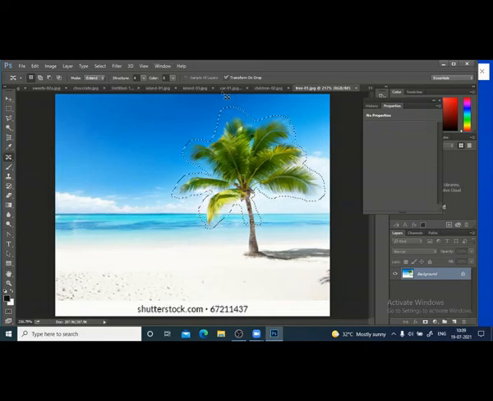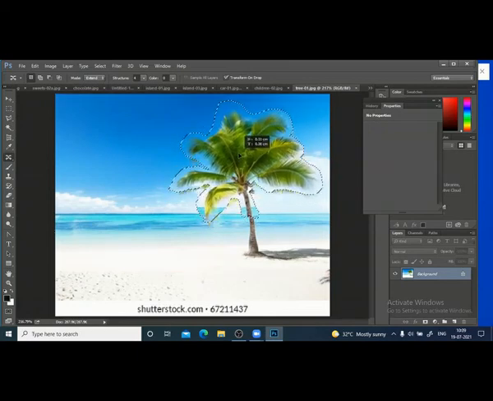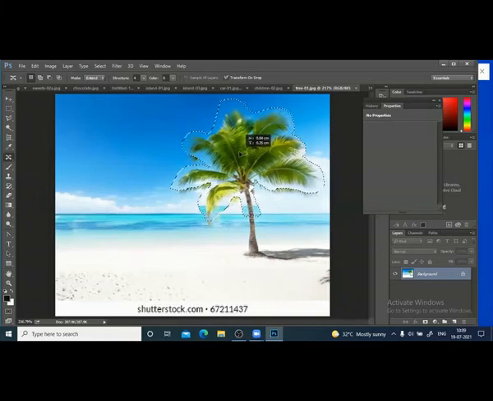Okay, since we are in extend mode, I'll just drag it a little bit up. See, your tree became little bigger. Control D. You see slight correction here.